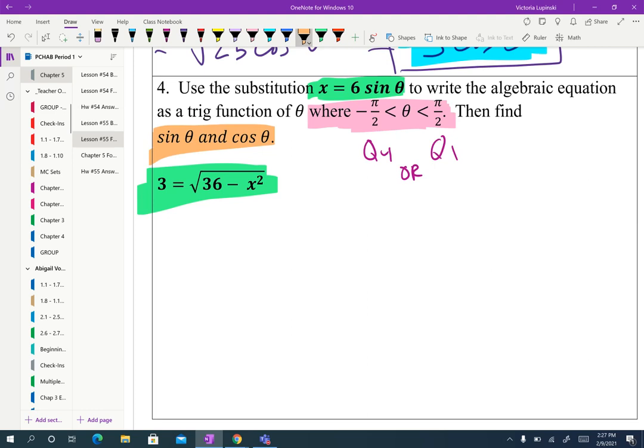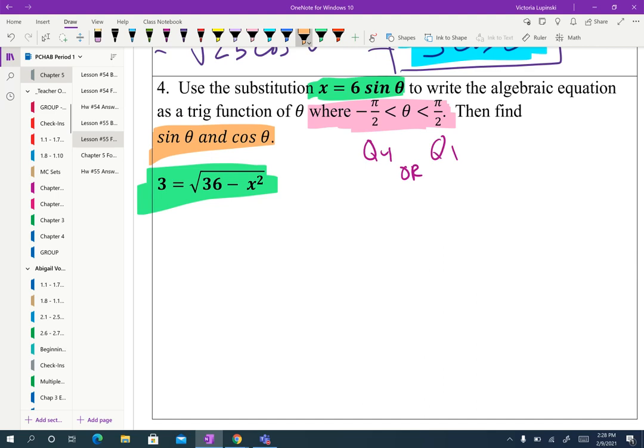They're asking you for the sine of theta and the cosine of theta. So every piece of information that's given to you is important. Make sure that you make the substitution, do all the algebra that you can, and then in the end, don't forget to actually find the sine and the cosine, and of course, keeping in mind what quadrants the problem is taking place in. So the first thing we're going to do is go ahead and